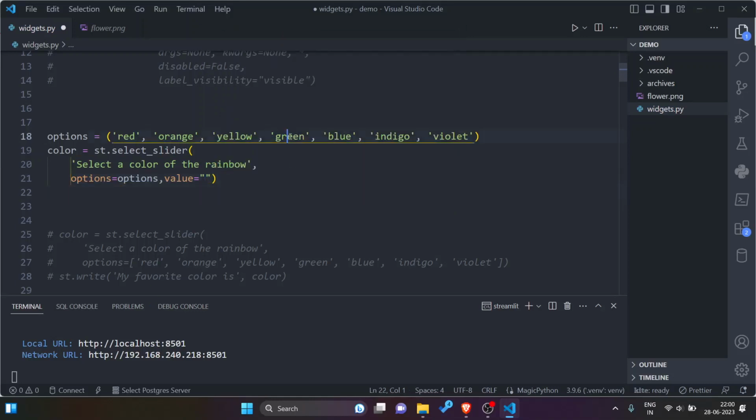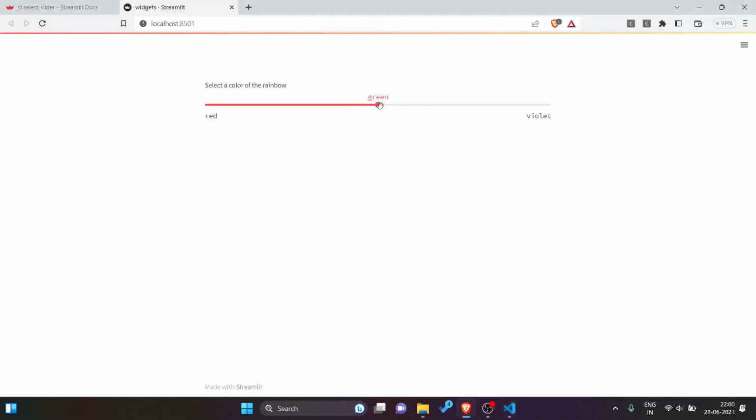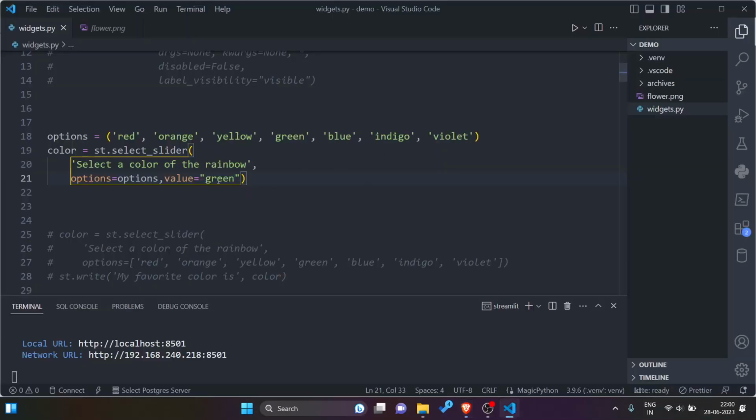Let me select this value to set it to green. Then my slider is selecting green. So up to green it is there. One thing to note is that we have to pass the actual color name instead of the value of the index instead of the index. Okay.